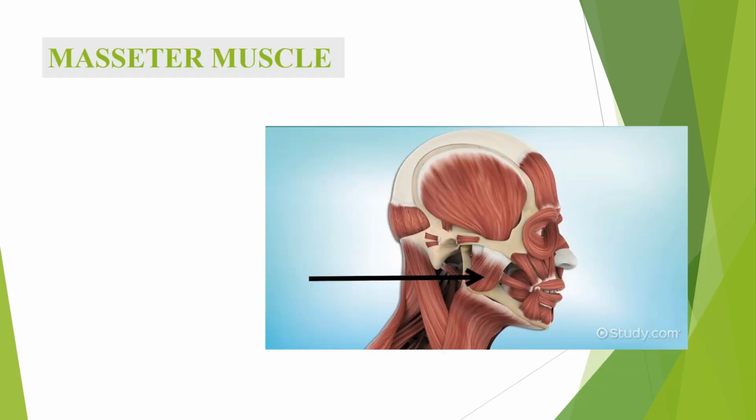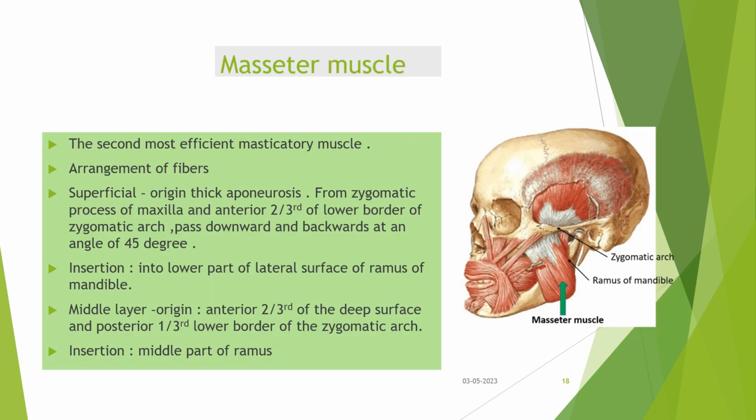Now we will discuss masseter muscle. Masseter muscle is the second most efficient masticatory muscle. The fibers are arranged superficially, in mid and deep layer. Superficial fibers originate from thick aponeurosis from zygomatic process of maxilla and anterior two-thirds of lower border of zygomatic arch. These pass downward and backward at an angle of 45 degrees and insert into the lower part of lateral surface